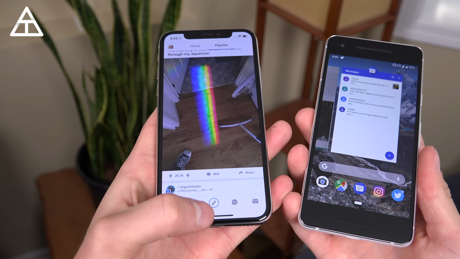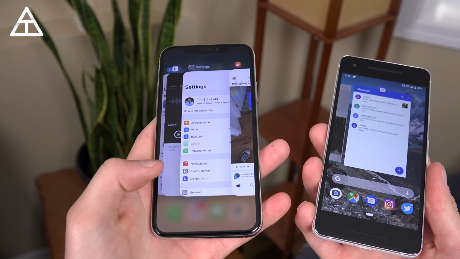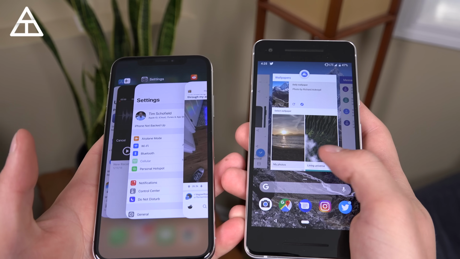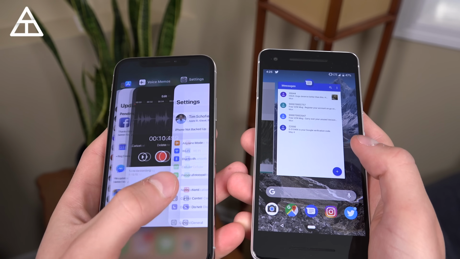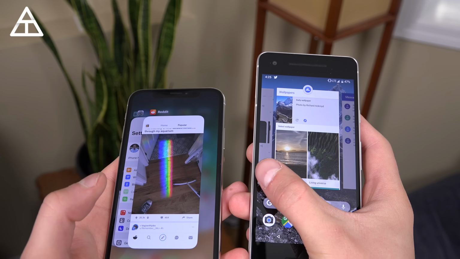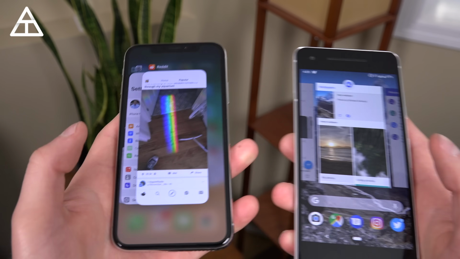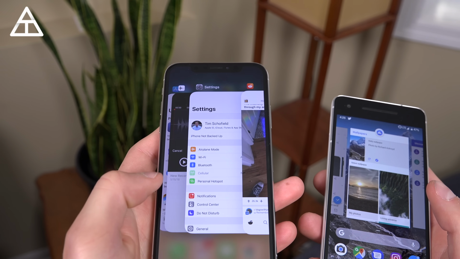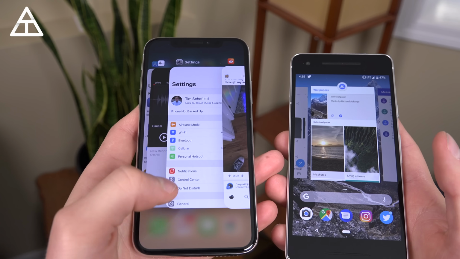So of course, on the iPhone, to get to your recent apps, you swipe up and pause, and it brings up a card-style list view. Similar to that on Android now, there is that vertical card list on both. You'll see here, if I have one app open, I can technically tap on a left or right app. And then on the iPhone, I can have potentially 4, probably just about 3 apps as well to tap on